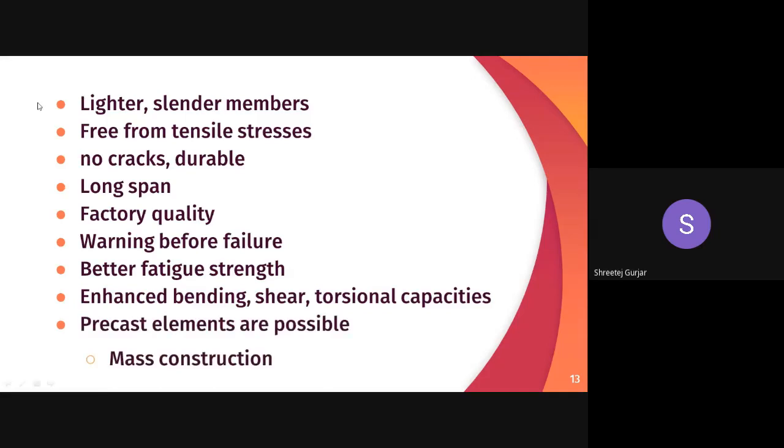So precast elements are possible for bridge construction, as I said. Not only precast bridges, but precast houses are also being built for mass construction. Precast can be used anywhere based on your need. So precast element construction is also possible, and there is nothing such as only precast or only pre-stress. Pre-stress need not be used only on site. It can be precast also. Precast elements can be used and later tensioned and pre-stressed. Okay, so that is possible.